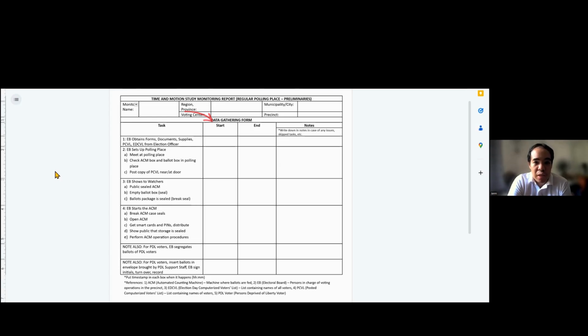You will also see start and end in the tool. Place in those fields the time in hours, minutes. The time can come from your watch or device, laptop, tablet, or phone.